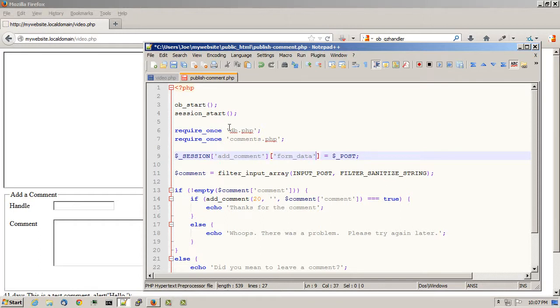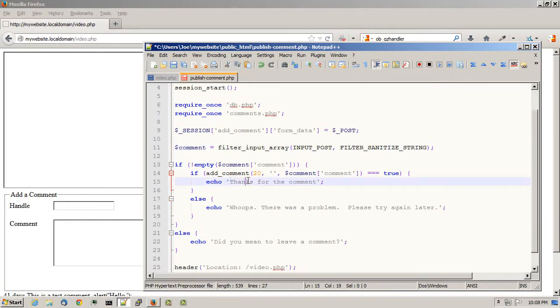That's the form data of the form, and I'll set it to the raw data that they posted. And by raw, I mean it's not filtered like I'm doing down here with the information that they put into the form. And to include the feedback under that, using the session variable instead of doing the echo statements, I'll assign session of add comment of message, and I'll assign